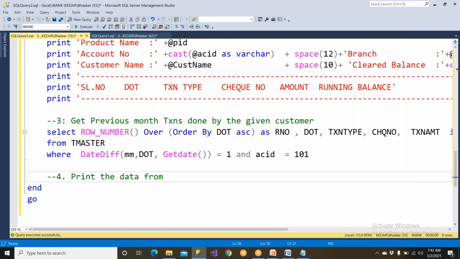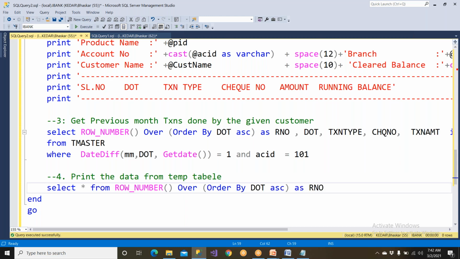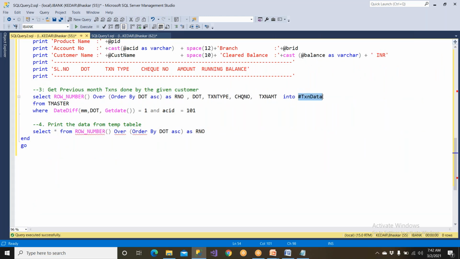Print the data from which table? From the temp table. So how to display the data? It is very, very simple. Select star from the temp table name. What is the temp table name? The temp table name is, Control C and